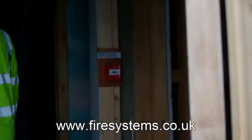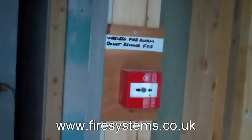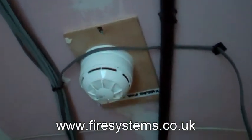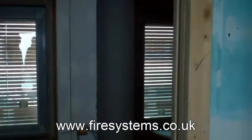A wireless fire alarm is a good option for this type of construction, as it is quick and easy to install with a minimal amount of wiring. The wireless fire alarm equipment can also be relocated very easily with no disruption to the contractors on site. It is also very cost effective, as devices can be reused on different phases of the